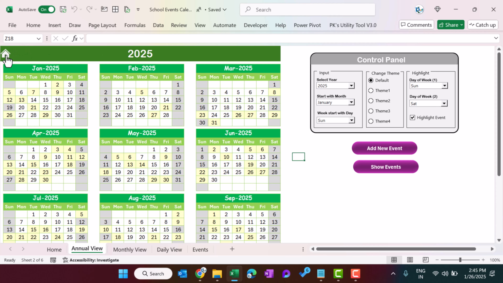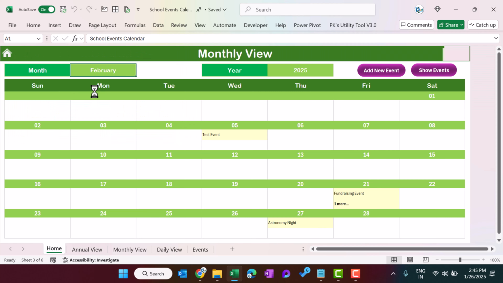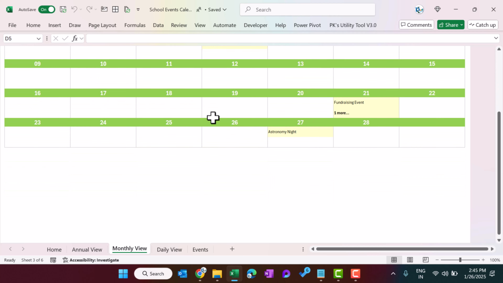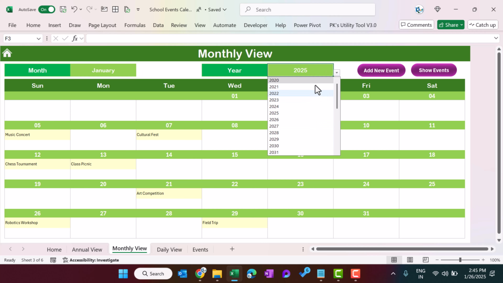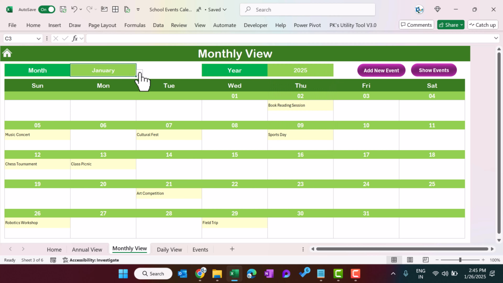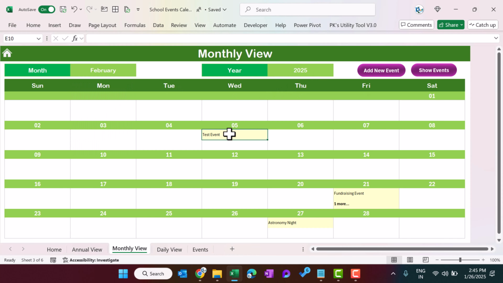Now we can go to home again and come to the monthly view. Monthly view will show 1 month at a time and it will show all information of 1 month. You can select the month from here like January, and you can change the year also if you want to change. Let's select the Feb month for 2025, and you can see on 5th Feb we have added this event